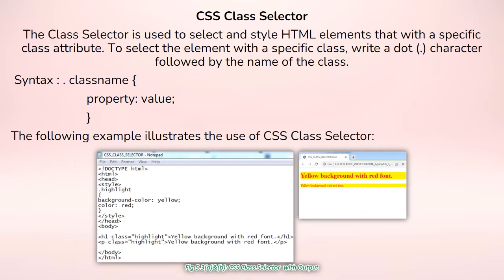CSS Class Selector. The class selector is used to select and style HTML elements with a specific class attribute. To select the element with a specific class, write a dot character followed by the name of the class. Syntax: .class_name { property: value; } The following example illustrates the use of the CSS Class Selector.